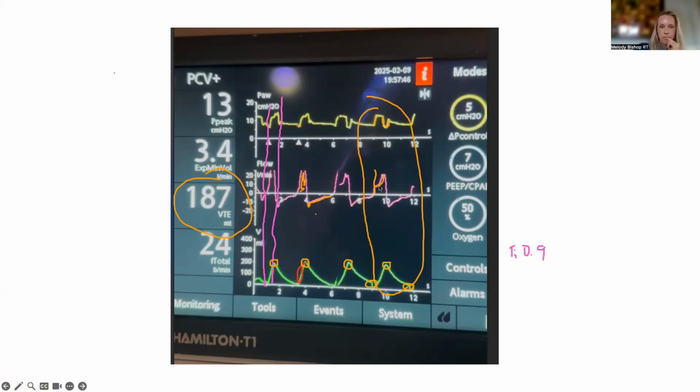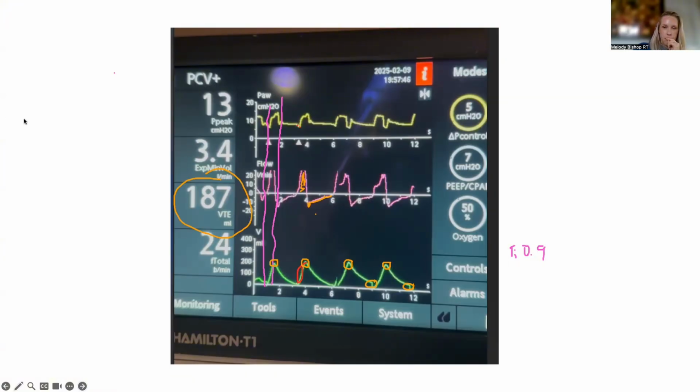This could resemble a reverse trigger, because the initial part of the breath is machine triggered. So just to explain, what's a reverse trigger? We talk about cycling asynchronies. A double trigger, by definition, is when the machine inspiratory time is shorter than the patient's neural inspiratory time. So the patient wants a longer inspiration.